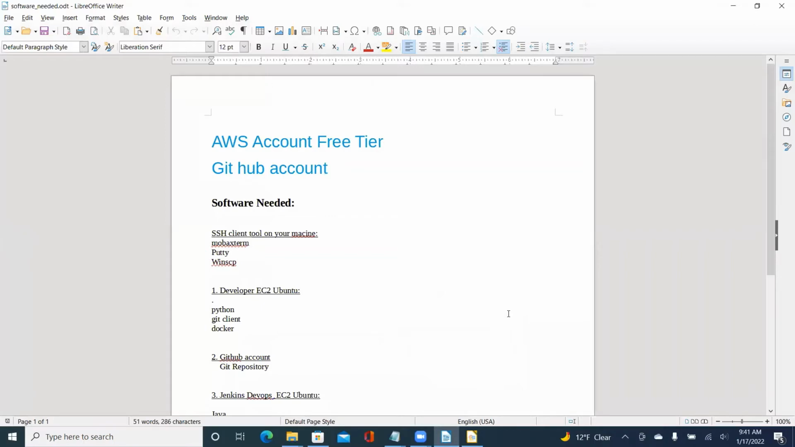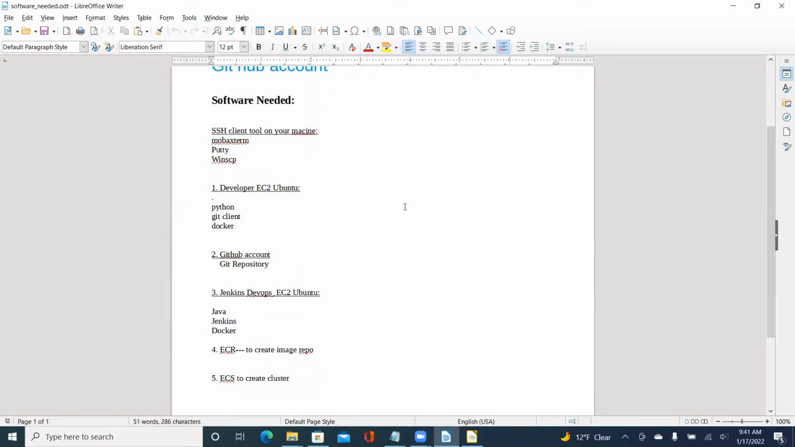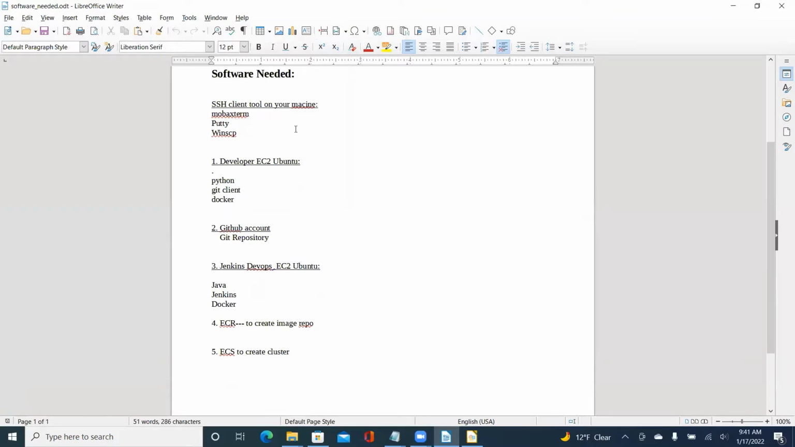So basically, you would need an AWS free tier account, and you would also need a GitHub account to successfully replicate this deployment on your side. As for the software that is needed, you would need an SSH client tool on your machine like MobaXterm or PuTTY or WinSCP to access the Jenkins or the developer machines that we create on Ubuntu. And